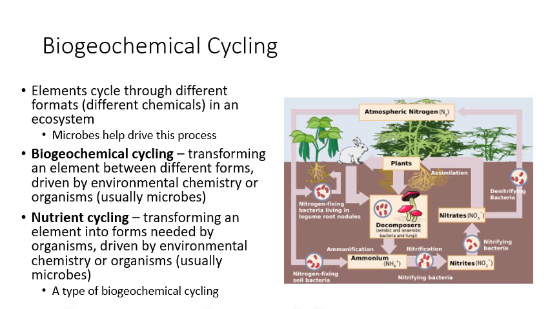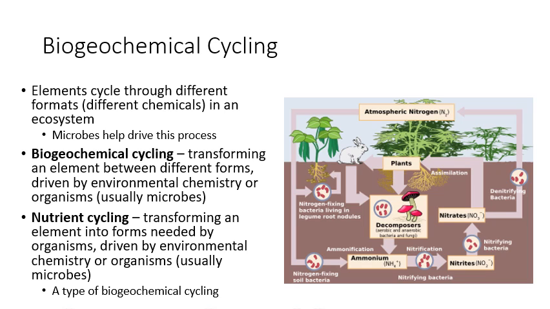A specific subtype of biogeochemical cycling that we think about a lot in microbiology and in ecology in general is nutrient cycling. Nutrient cycling is biogeochemical cycling for elements that are important to organisms because they need them as nutrients. So that would be stuff like carbon, nitrogen, phosphorus, oxygen, sulfur,